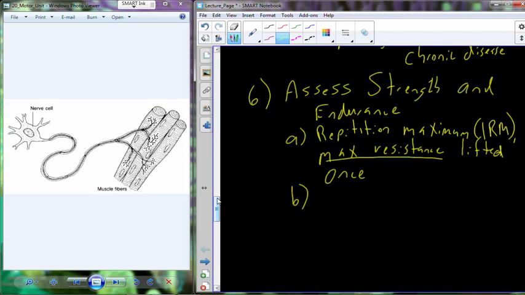For endurance, the approach is to just simply look at the maximum number of repetitions that can be achieved for a given workout at a given load. So maybe you go into the fitness facility and you stack 100 pounds on the bench press bar and you lift that as many times as you can, and you can get it maybe 8 times,